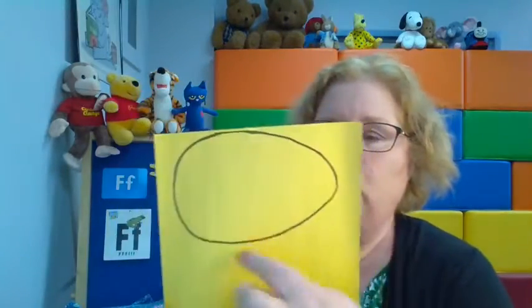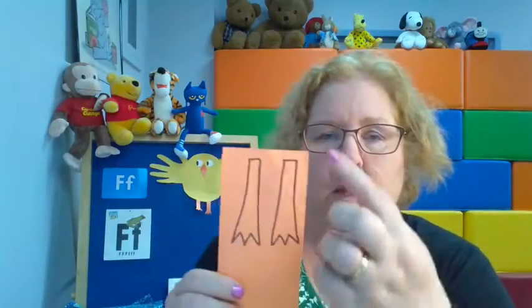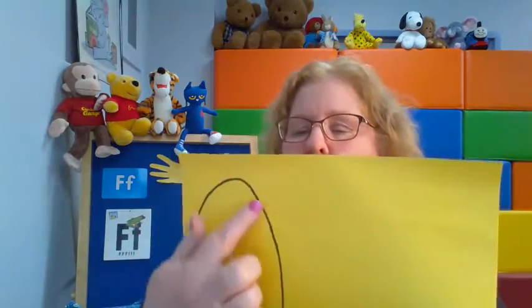That'd be fun. Okay, the next thing you have in your packet is a yellow sheet with kind of an oval egg shape on there. You should have an orange sheet with some little chicken feet and then a couple of little circles for eyes. So the first thing we're going to have you do, and if you need a little help with this, that's fine. We're going to have you cut out this egg,